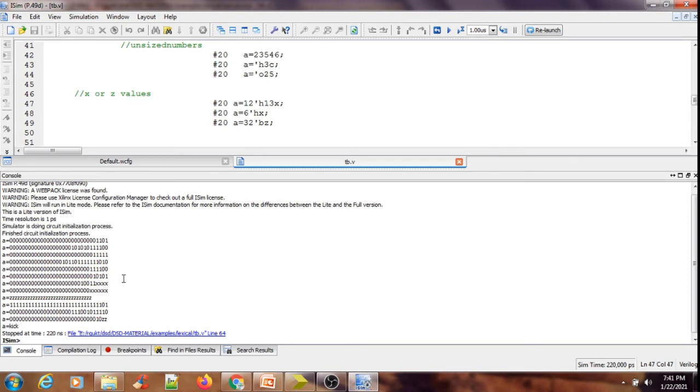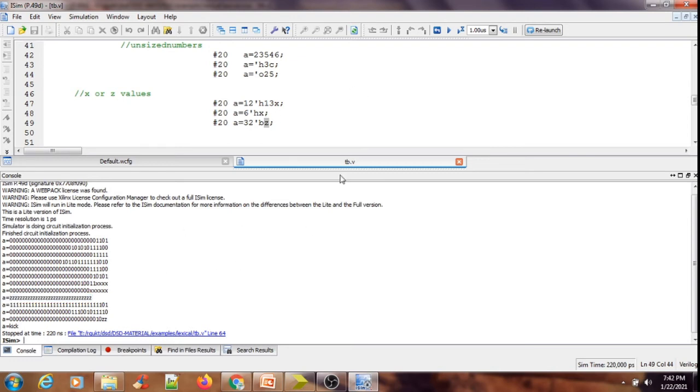The very next one is 6-bit hexa x. Here all the x quantities will be only 6 bits, since I am exclusively mentioning that it is a 6-bit hexa x. So the remaining MSB bits of your 32-bit A register are occupied by zeros. And next is A equal to 32-bit binary z. Here z should occupy 32 bits, so z is occupied in the A register 32 times.